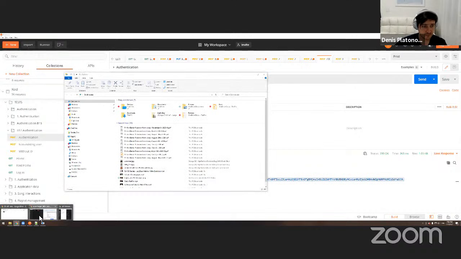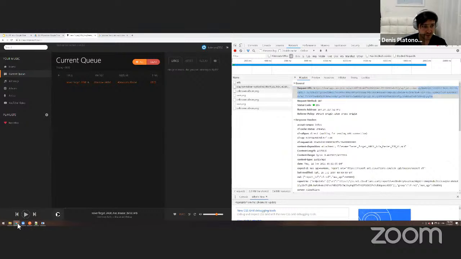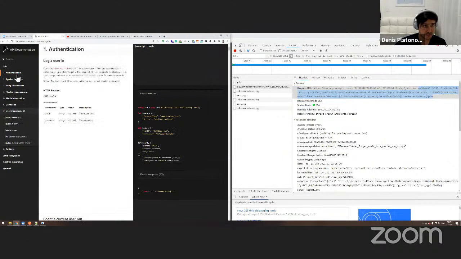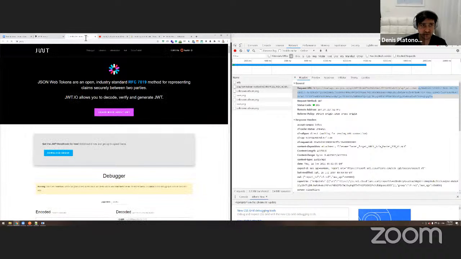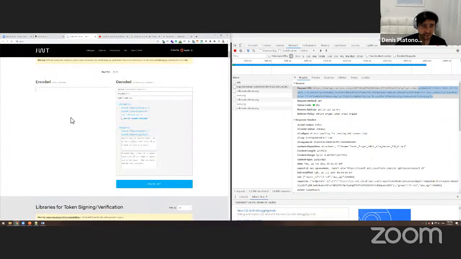If you don't believe me, you can go to the documentation and you see it uses a JWT token for authentication. It's a special type, JSON web token. There are different versions of different tokens. Blah blah blah. I'm not a developer.